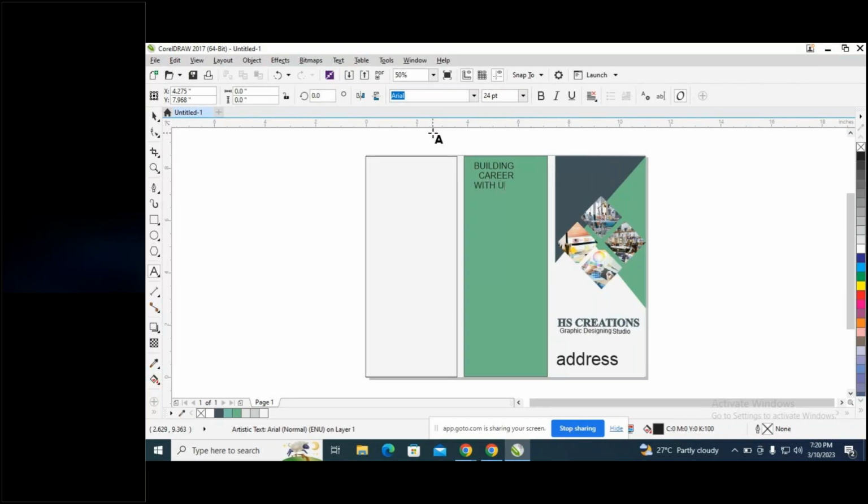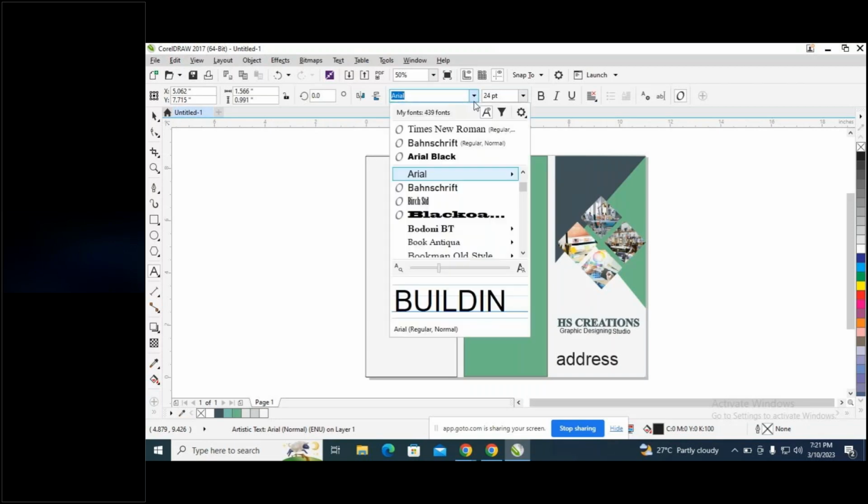And now I'll add exclamation marks also, like this. So now what I'll do is I just select this and I'll give the font as Times New